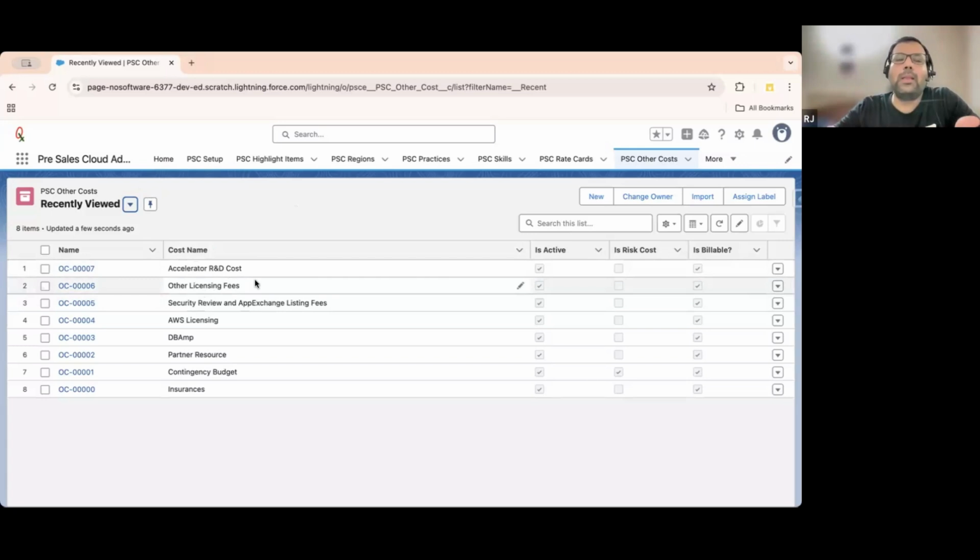And for some other licensing fees, security application listing fees, partner resources, or contingency budget, you can apply all these things through the other cost. I'll talk about this when we demo it for the sales engineer. And then finally,